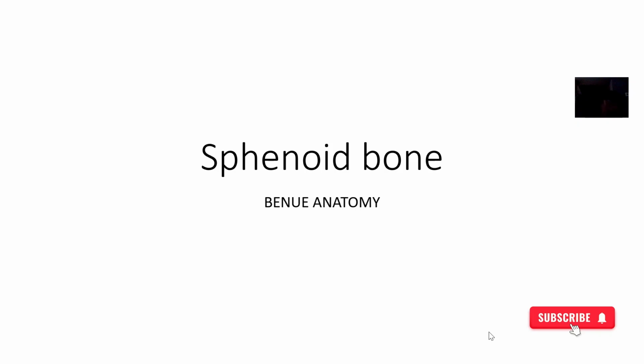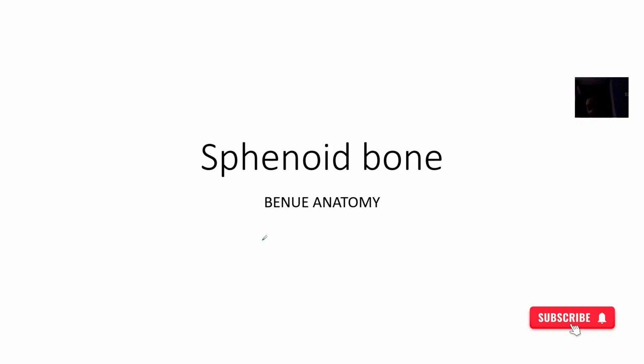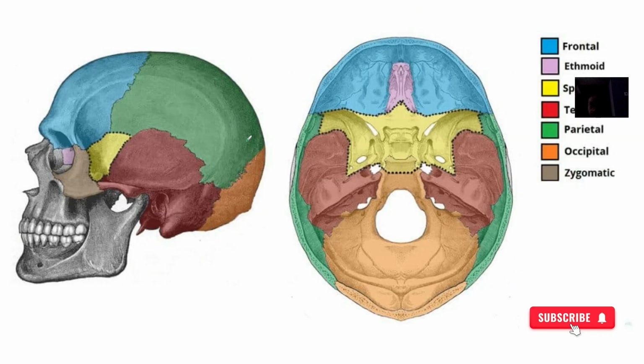Okay, so we're trying to look at what is known as a sphenoid bone. Looking at the anatomy of the sphenoid bone. So looking at a lot of bone here, but you could actually pinpoint this, which is known as a sphenoid bone. Looking at another image here, this yellow part matched to this yellow part is what is known as a sphenoid